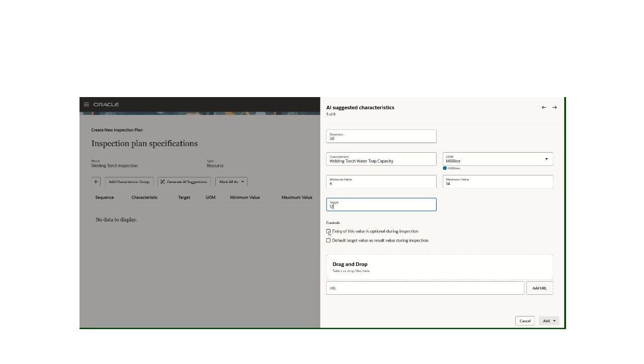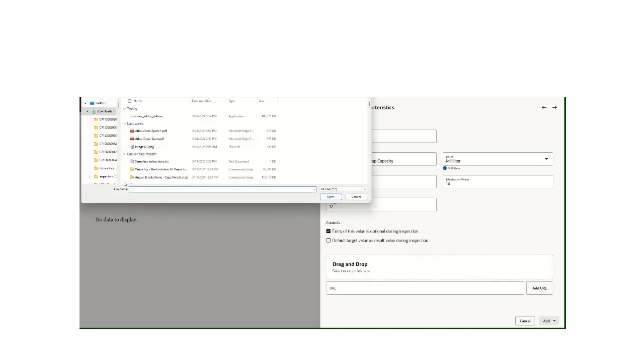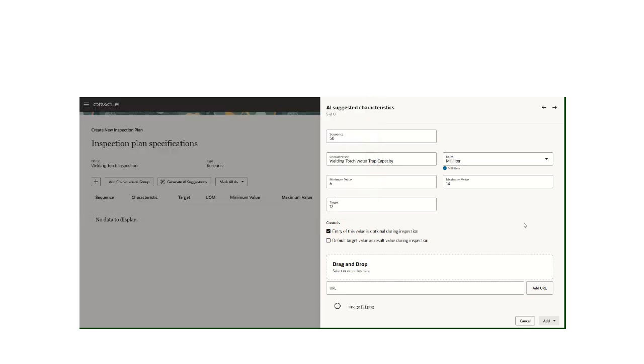And I'll make this one optional. I can also go ahead and add a diagram if there's something that I need to look at or check against any kind of document. I can also, of course, attach a document at any of these characteristics as I would for any other